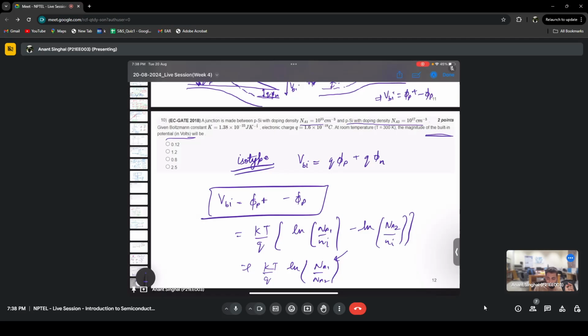So you can solve it maybe. So it will be 0.025 again at room temperature, it is asking ln. Na1 is 10 to the power 17. So whichever is higher will come on the top. So you will get, I guess, 0.025 ln 100, which is